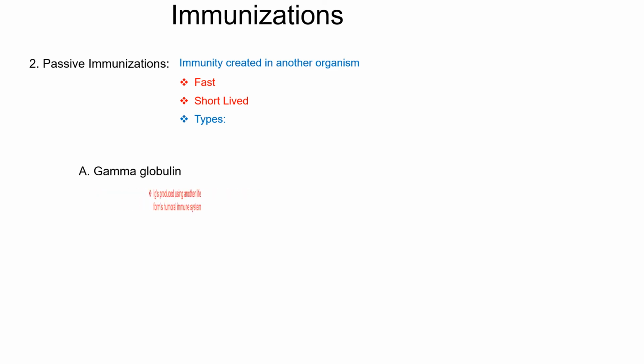This is where we are going to put into them antibodies produced by another life form and introduce it into their bloodstream. Now, the way we do this is we're going to go out with horses, cows, and pigs and inject them with the etiological agents of the diseases that our soldiers might encounter in a foreign land. So when our soldiers were going off to Afghanistan, they were injected with this gamma globulin.